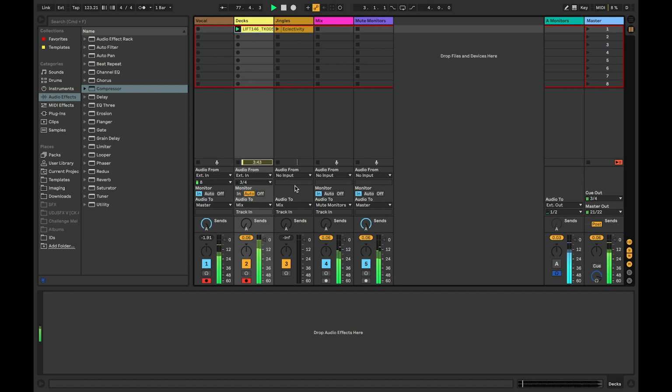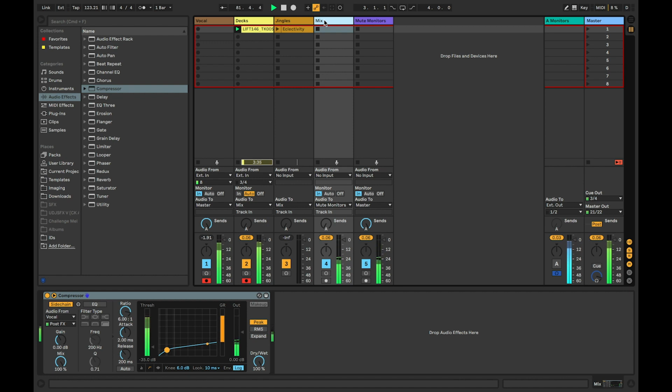Check 1, 2. Seems to work perfectly. And if we have a look over here, we can see our sidechain in action. You can see, because it's not highlighted, our monitors have switched off. Cool. I'm going to switch it off again. And I'm going to press stop. Perfect. So another thing we're going to want to do is